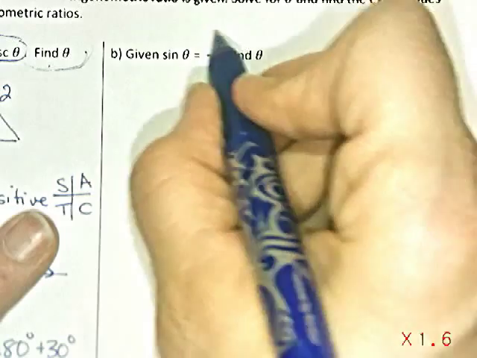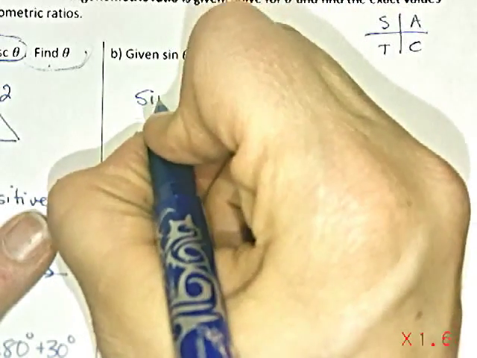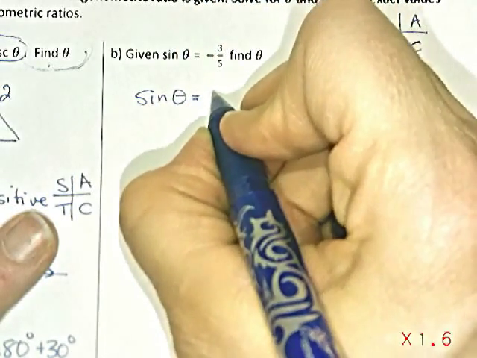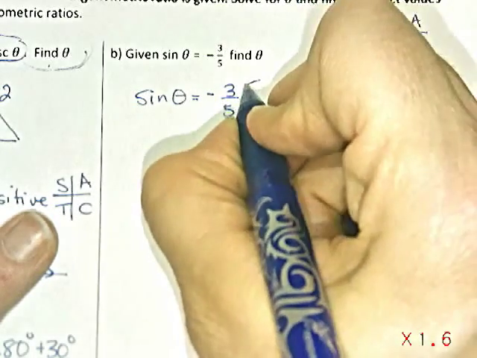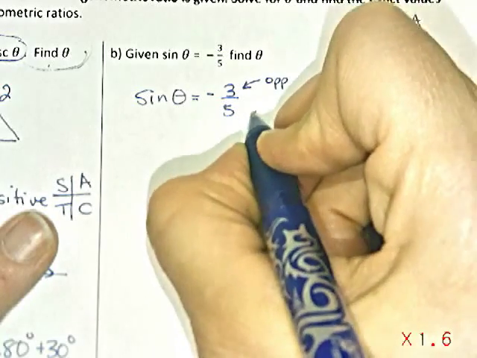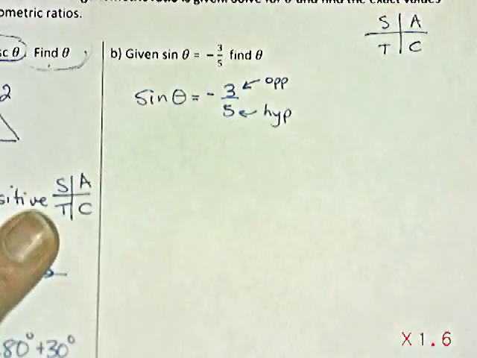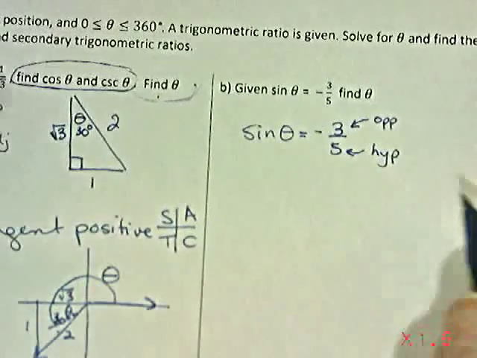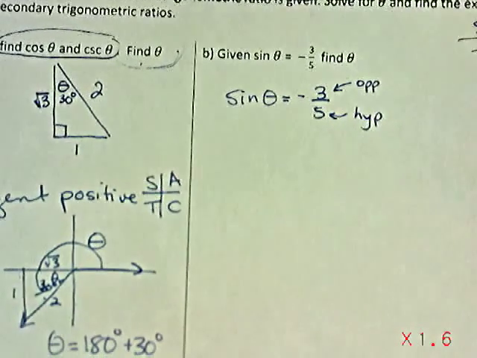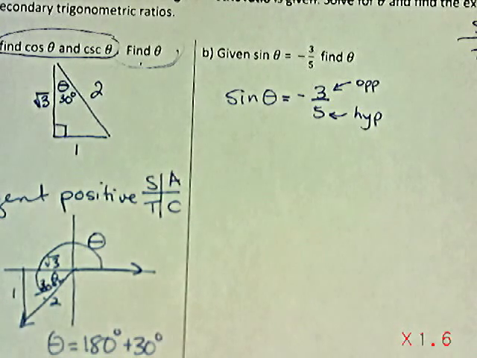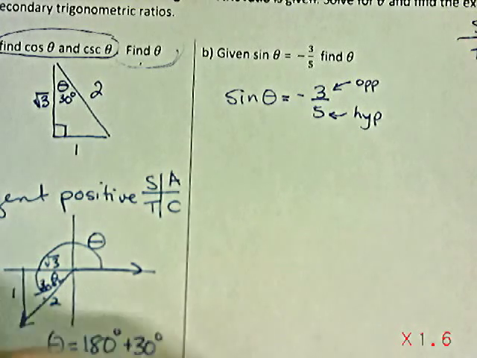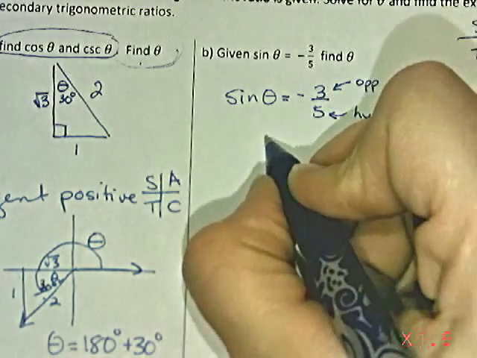I don't have a nice special triangle with a 3 and a 5 in it, and so if I'm talking about the 3 and the 5, I'm still talking about my opposite and my hypotenuse side, and so we don't have a special triangle, and so all we do is we go to our calculator, and we use our calculator to spit out the reference angle that we're going to use to put into the two different quadrants for which sine is negative. But I want to talk to you about this negative. I want to find the sine inverse